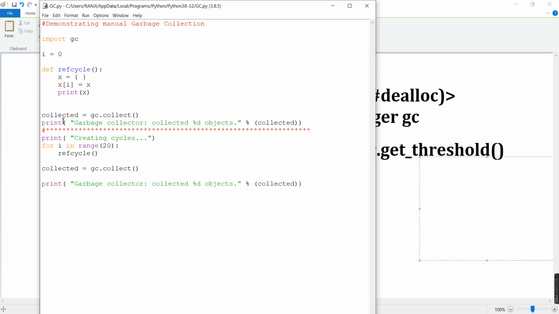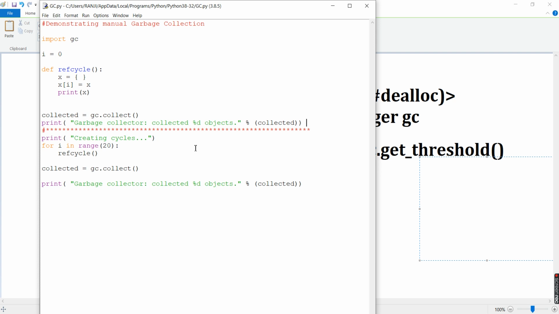The same thing you will get here; this is nothing but a formatted print statement, which we have used in other videos. Usually after this output we'll get gc collected equal to 0, because so far we have not created any objects which qualify for garbage collection.